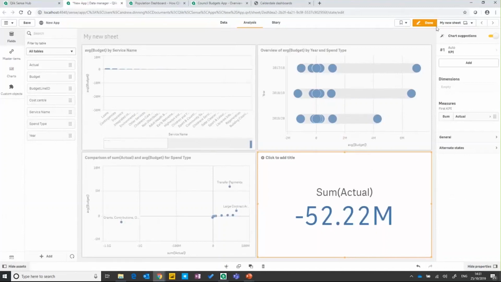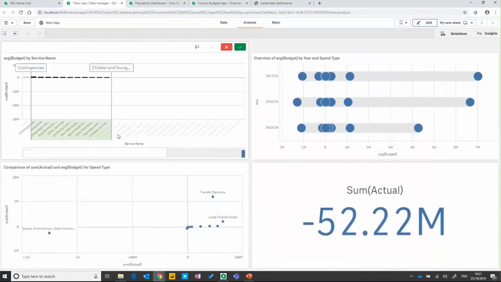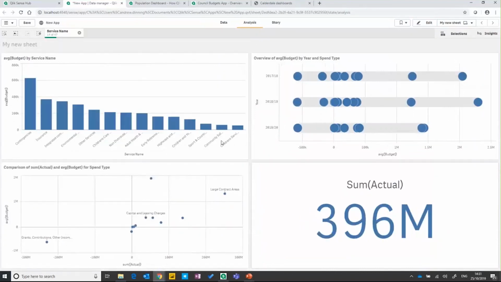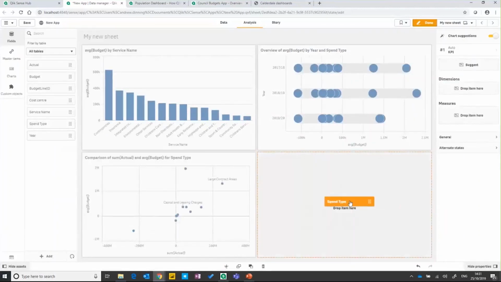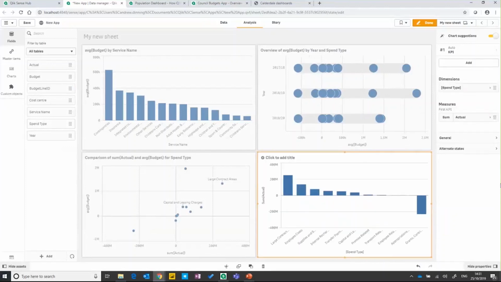And at which point, if I was to press done, again, if I was to interact with some of my visualizations, again, this was updated. To go back and edit, and actually let's enrich this a little bit more. Maybe I want to understand this by spend type. If I was just to drag and drop spend type on there, what it's actually done now is gone, okay, well, based upon the information you've given and presented to me, I can actually give you the most meaningful visualization where you can draw the best